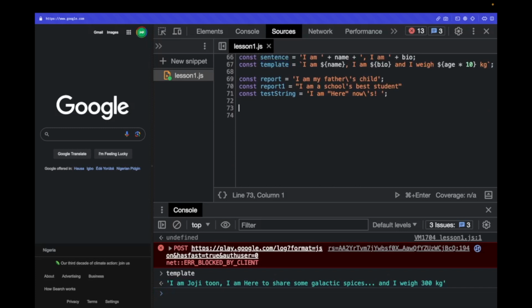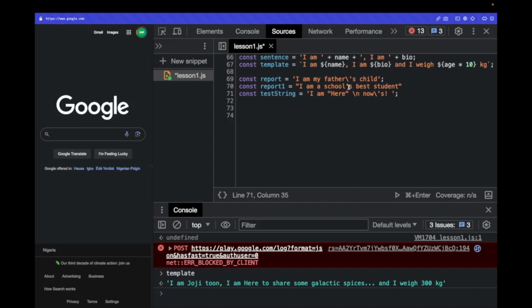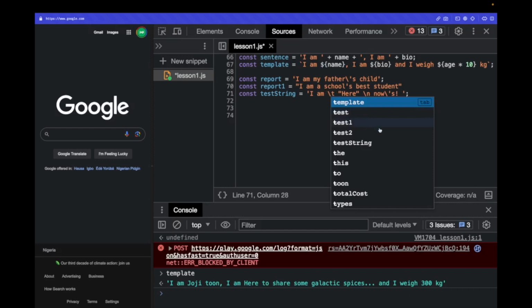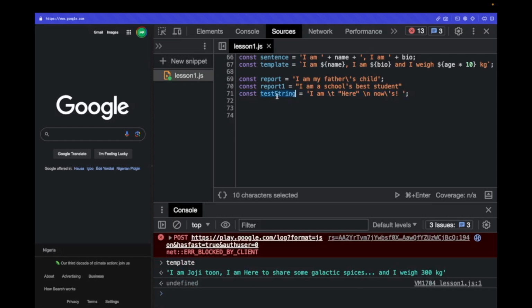Okay, so I think that's most of it for string. Working with string, escaping characters, and so on. Also, you can create multiple lines in a string using the escape character. So you can have this is a new line, backslash n new line, this is a tab, backslash t is also a tab. So this is a new line, this is a tab. So if I save this and I do text string,